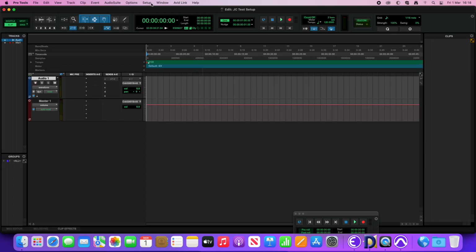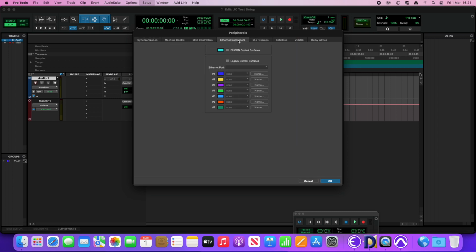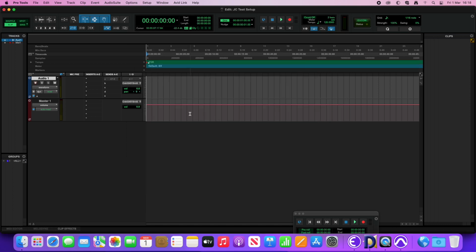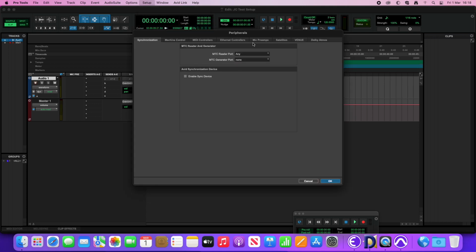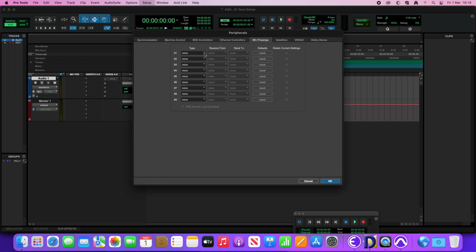The next thing you need to do is go to Setup and choose Peripherals under Ethernet Controllers. If this box isn't ticked, you need to tick that. Click OK. And now let's go back into Setup and choose Peripherals. Select the Preamps tab. And from the drop-down menus, make sure that 1, 2, and 3